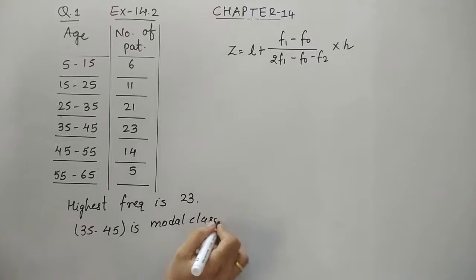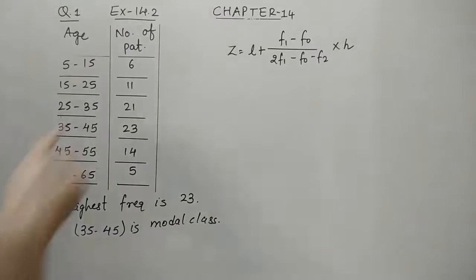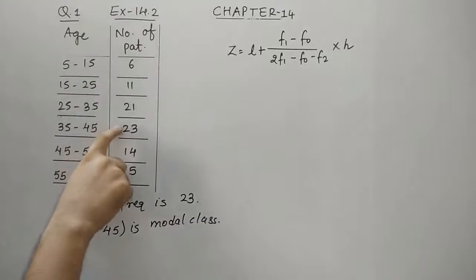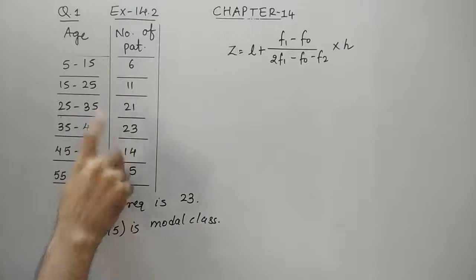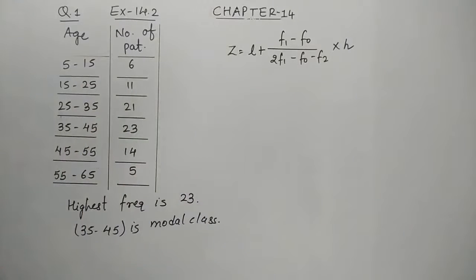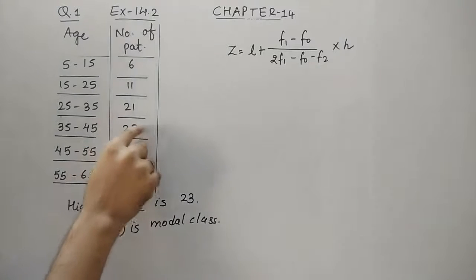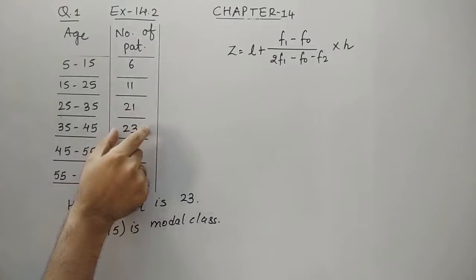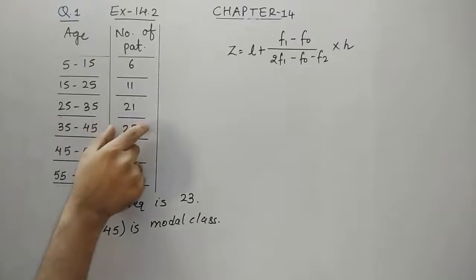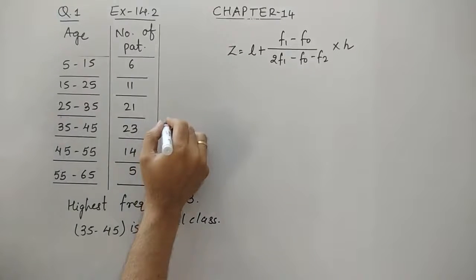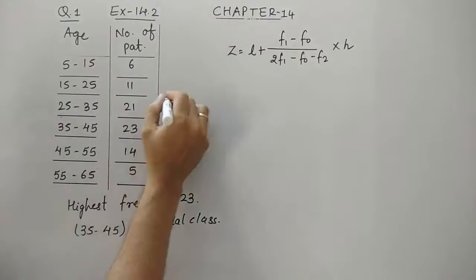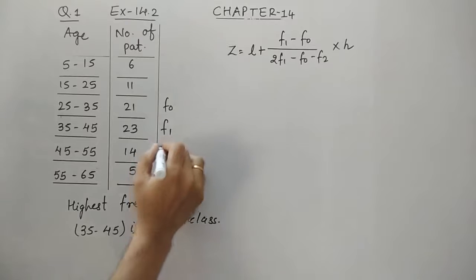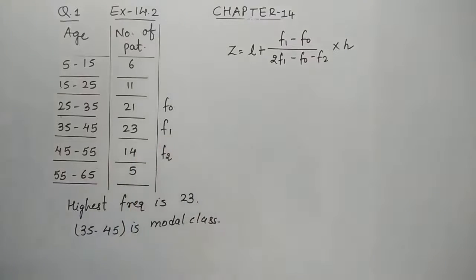This is how to find the modal class. I'll repeat: we need to go for the highest frequency. क्यों ये करना है? Again recall the definition of mode we learned in the 9th standard: सबसे ज़्यादा frequency. So ये modal class हुआ, this one. This is the frequency of the modal class, जिसको हम F1 बोलेंगे. This is F0 as it is the preceding, and this is F2. So you can see that we obtain all the values.